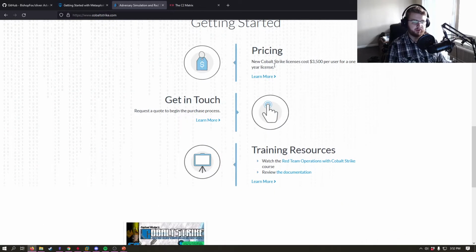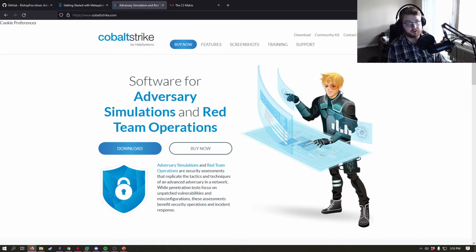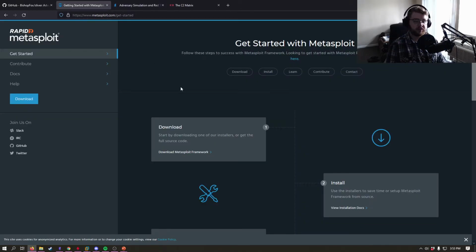But as you can see here, the pricing for this is $3,500 per user for a 1-year license. So as a general user, probably not going to be using this because I don't have $3,500 just to burn for no reason. So this is where we can move into something like Metasploit, where Metasploit has a really simple